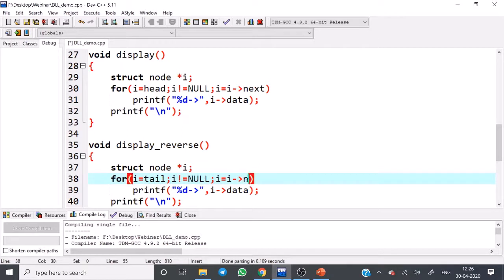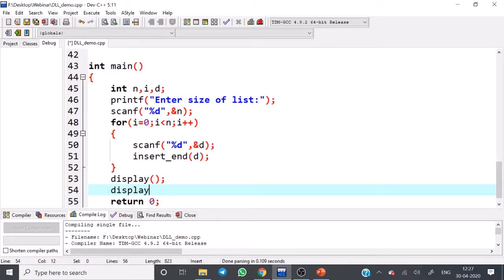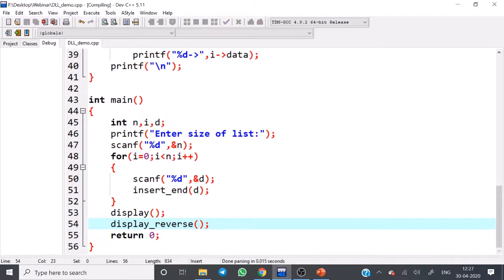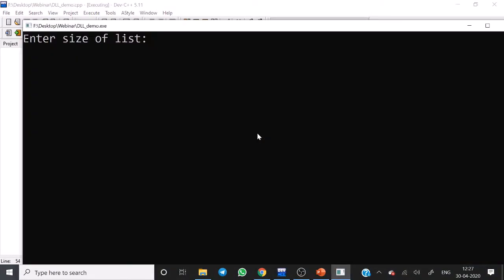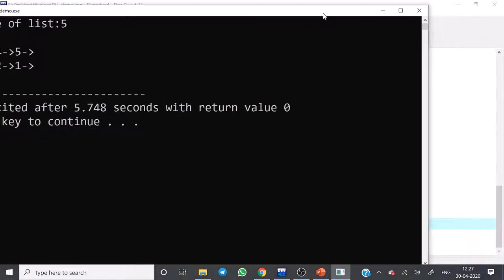I'm just calling display underscore reverse. Okay, data is printing in reverse order now. So the backward pointer was also working.